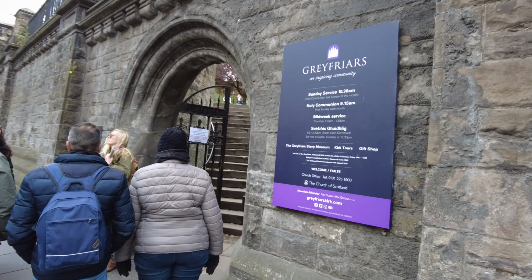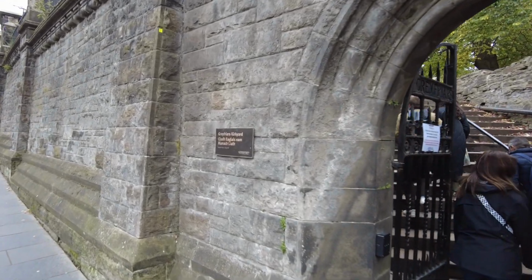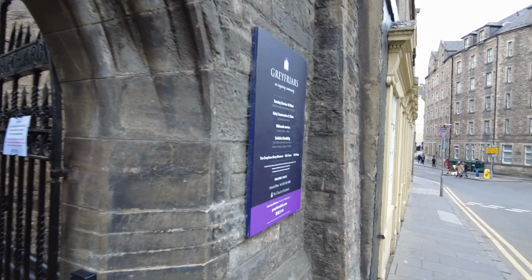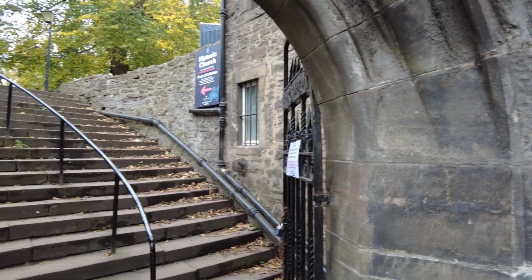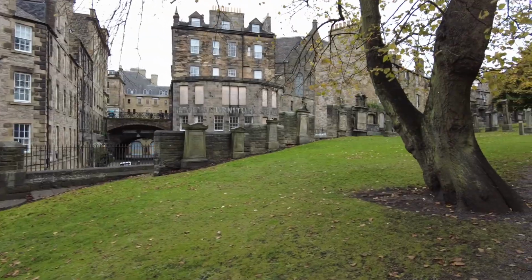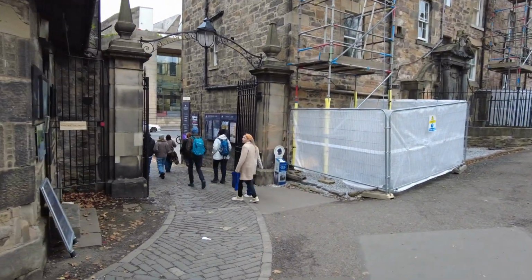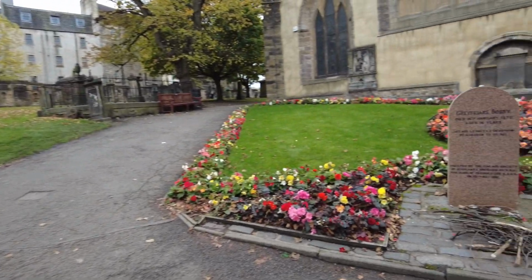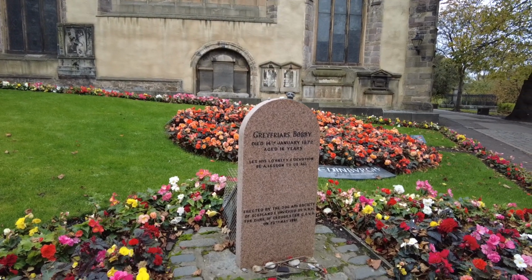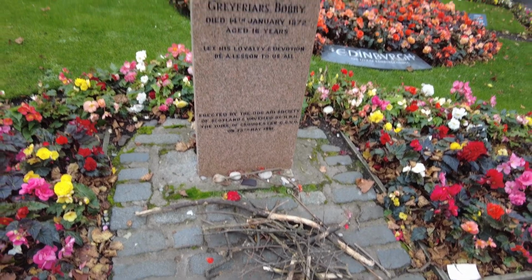Okay, so after just walking for a minute, we come across this Greyfriars Kirkyard. It's one of the famous cemeteries. There are very historic stones in there, but it's also famous for the grave of Greyfriars Bobby. Okay, so in this graveyard you can see very old stones. There's a church in the center, and then right at the main entrance of this cemetery, we have this grave of Greyfriars Bobby, who died on 14 January 1872, and he kept on guarding his master's grave for quite some time, which is really a